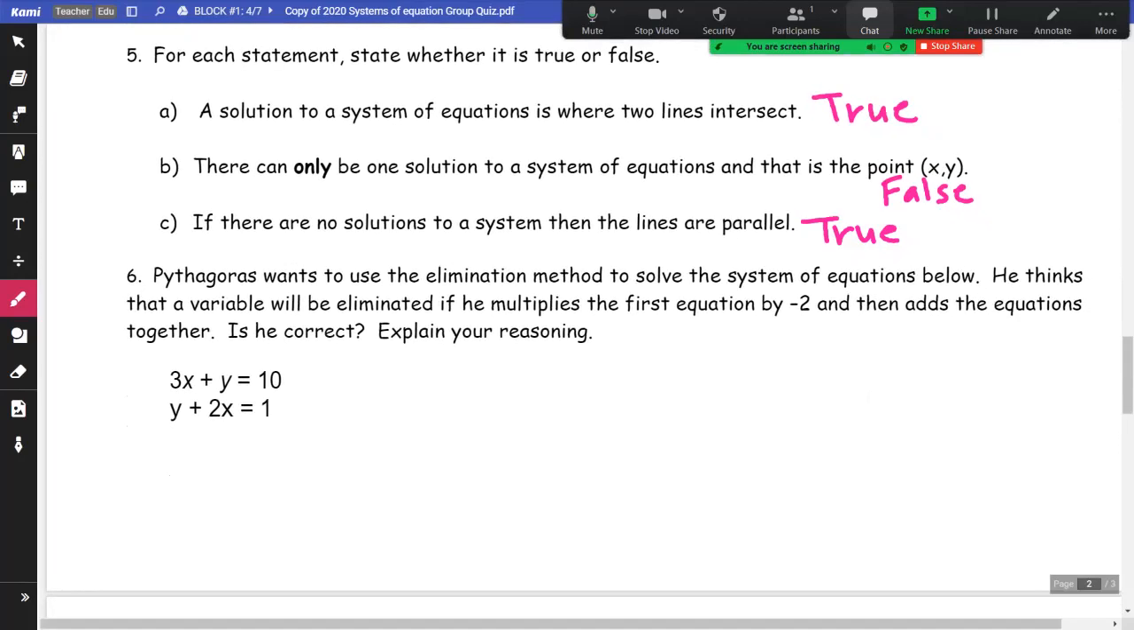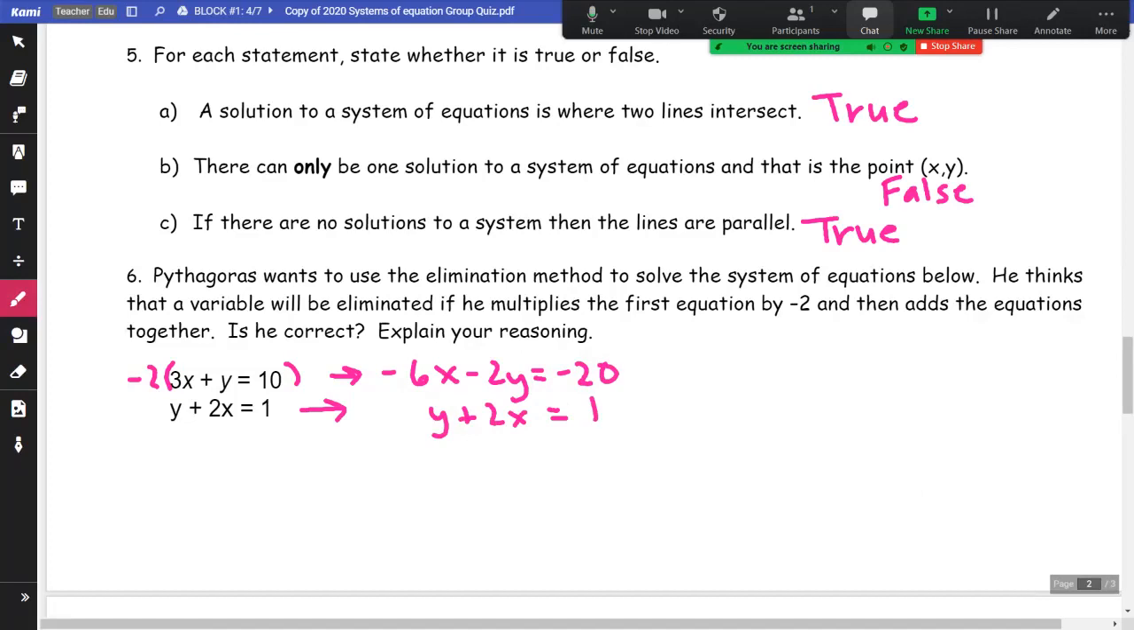Okay, on 6, Pythagoras wants to use the elimination method to solve the system of equations below. He thinks that a variable will be eliminated if he multiplies the first equation by -2 and then adds the equations together. Is he correct? Explain your reasoning. So if you multiply this by a -2, you're going to get -6x minus 2y is equal to -20. And if you leave the second one written in the form it is with y plus 2x,